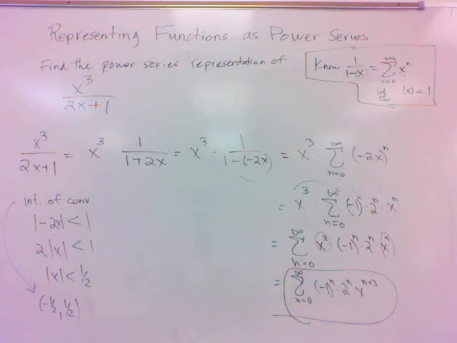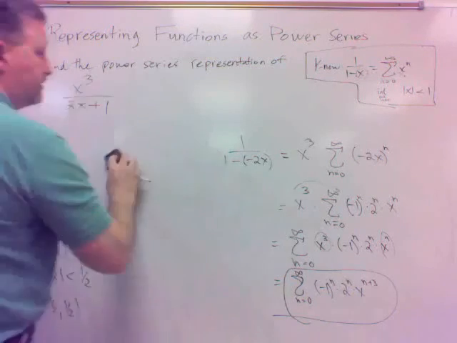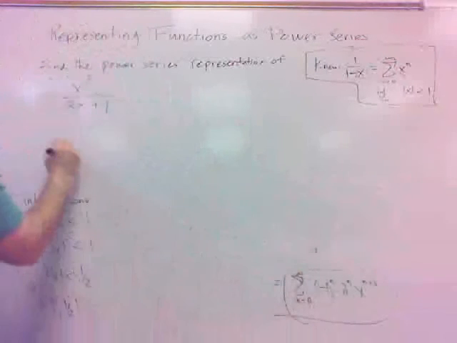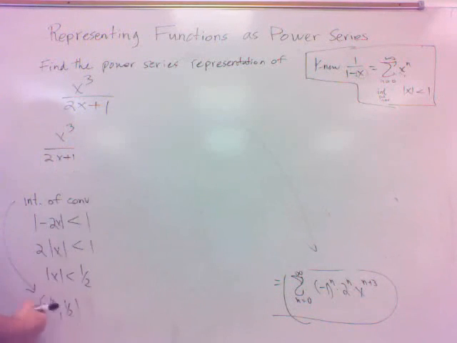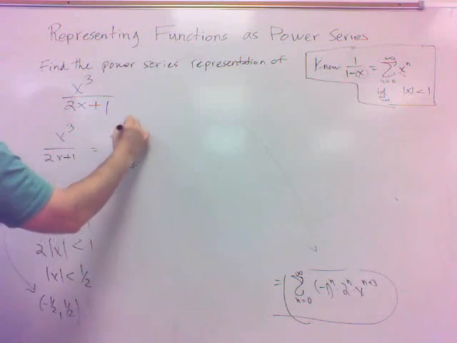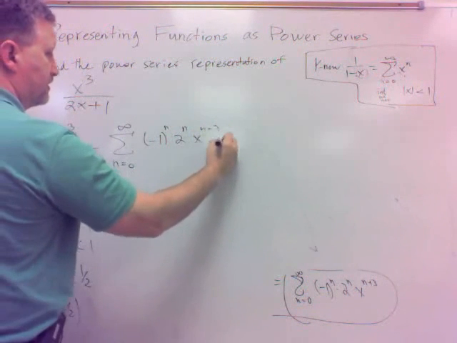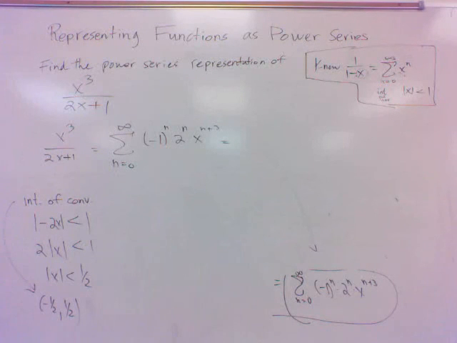All right, now, again, what we're saying then is this right here can be, let's write it out, represented by this right here. So x cubed over 2x plus 1 equals, for this range right here, it's a small range, but for that range it equals n equals 0 to infinity, negative 1 to the n times 2 to the n, x to the n plus 3. What that means is this expression